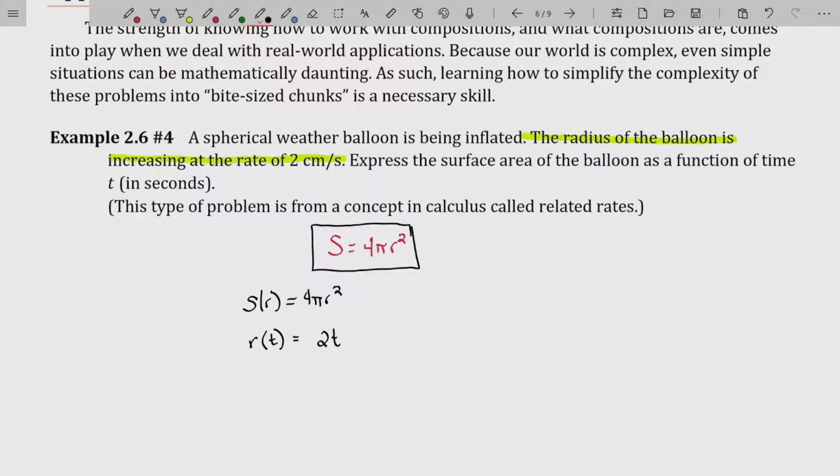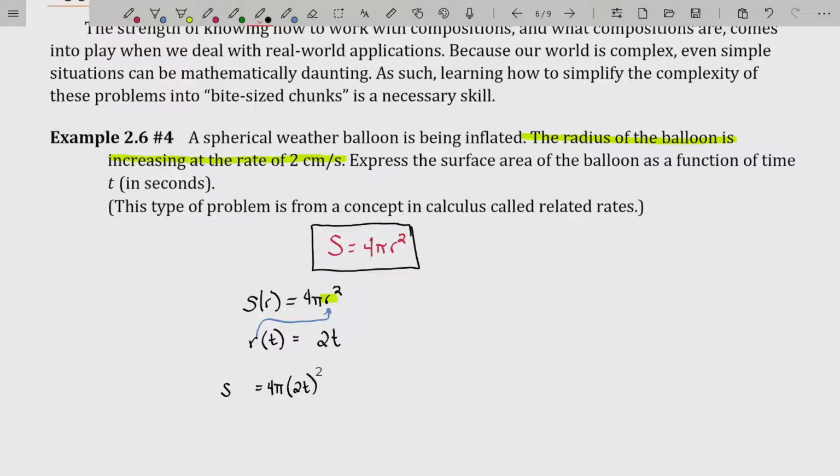So now expressing this surface area of the balloon as a function of time instead of as a function of radius is not so terrible. All we need to do is substitute in the radius function in for r. That's all it really comes down to. So this happens quite frequently in science where you have a very complex problem and each part of the problem depends upon